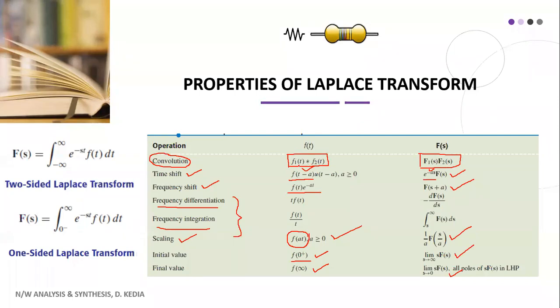So here you can see f1(t) and f2(t), they are convolved. This is the convolution operation. You must have studied in detail this convolution operation in your mathematics also. So convolution is a complex integral expression which becomes simple multiplication if you do that in your transform approach, either in Laplace transform or in Fourier transform or any other transform. The same kind of result is obtained. So your convolution operation becomes multiplication when you carry out the transform. Okay, so these are your recap of properties of Laplace transform.